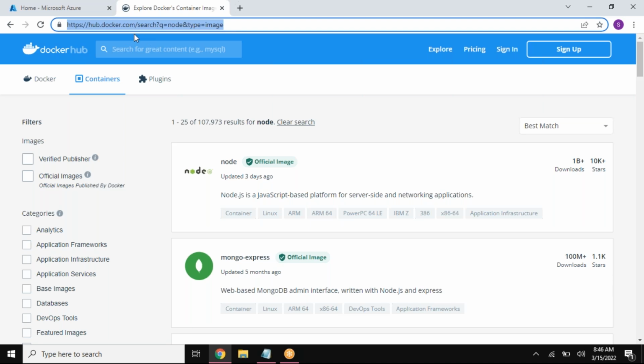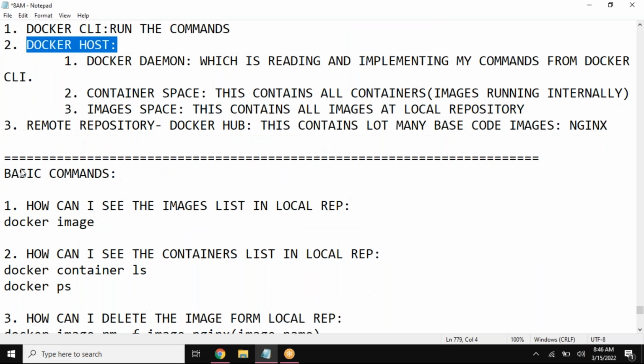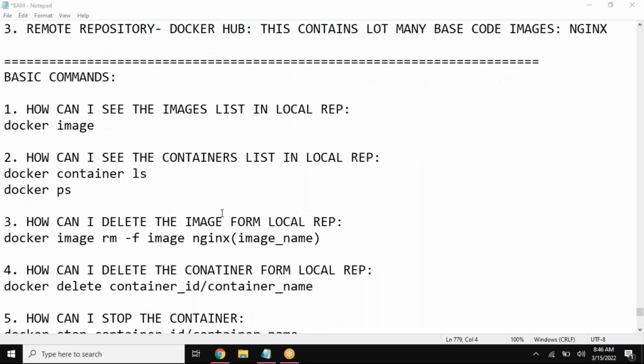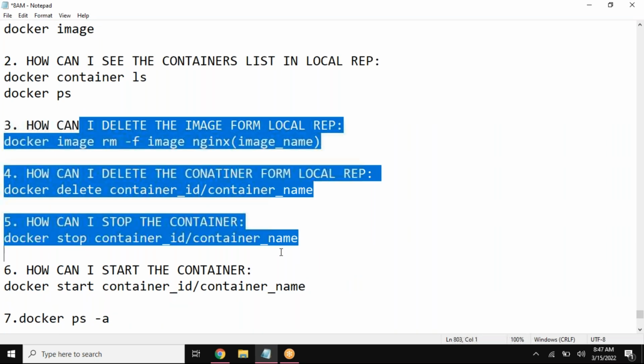From here it will download to my image space, which is available in my Docker host. So from a remote machine to my Docker host, that means I'm saving my things within my local repository. I can go and pull my things to the local repository. For every image, there will be a port number as well. So when you're trying to run all these containers currently,